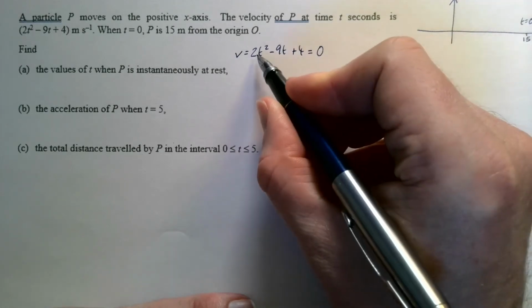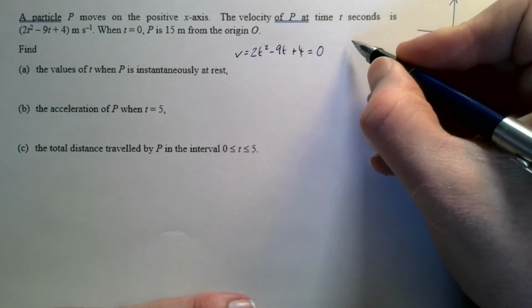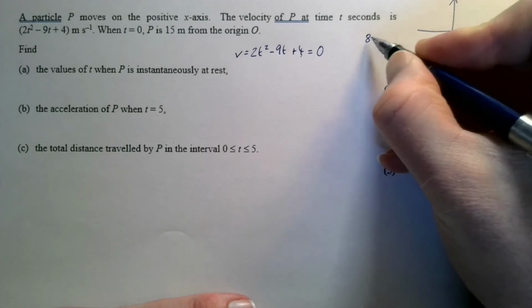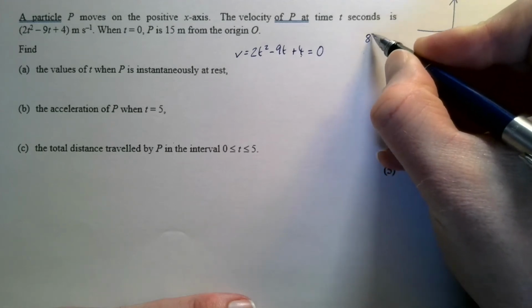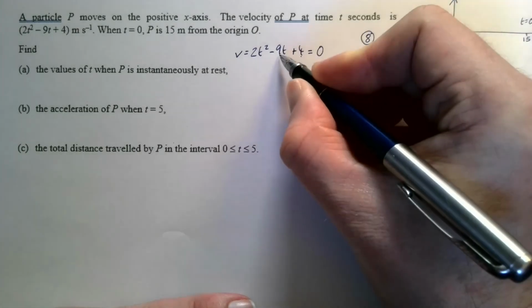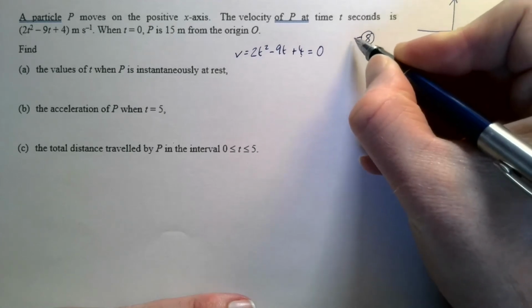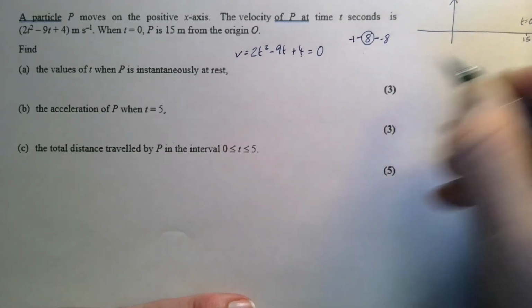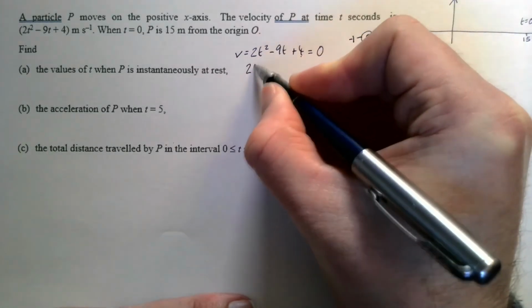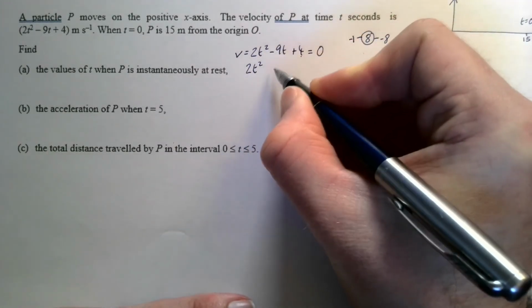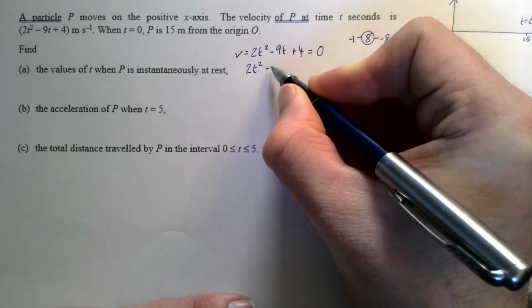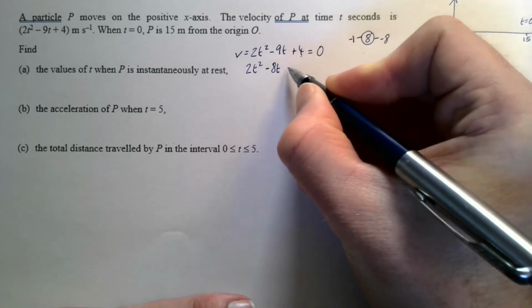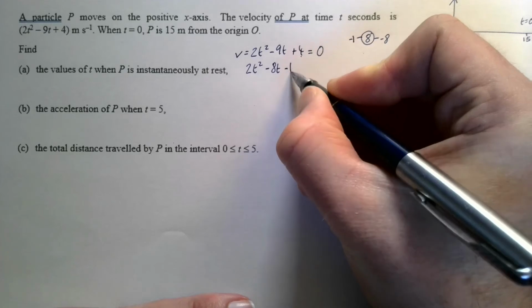factorize this. So if we do 2 times 4, that's 8, isn't it? So we want two numbers that multiply together to make 8, but add to make negative 9. So it's going to be negative 1 and negative 8. Now in order to factorize that, I'm going to write 2t squared, then I'm going to split my minus 9t into negative 8t and negative 1t,